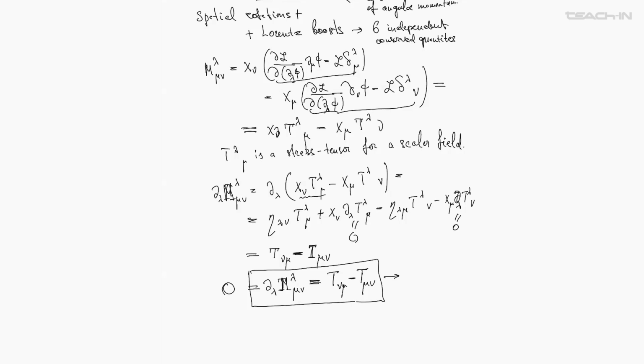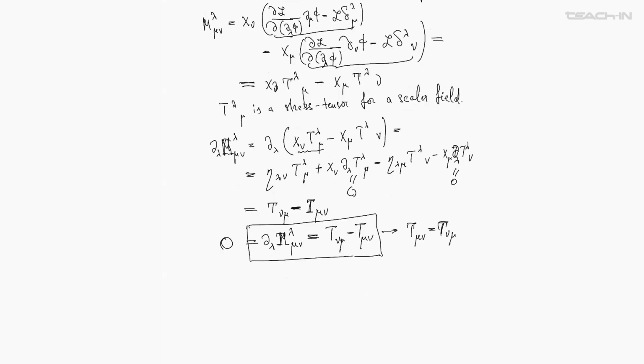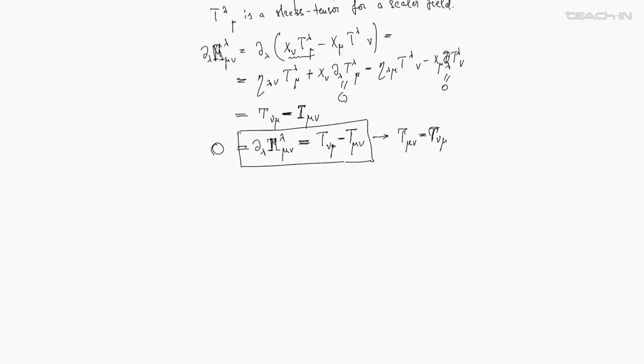T^{μν} is equal to T^{νμ}. That's an interesting observation, which comes from this application of the Noether theorem and the explicit form of the angular momentum tensor for the case of a scalar